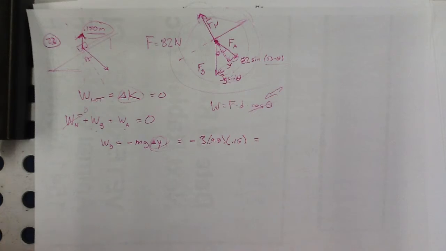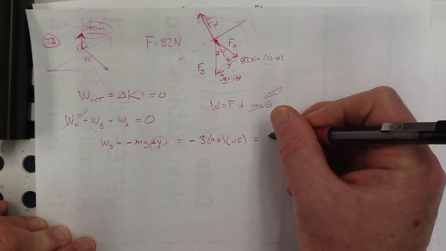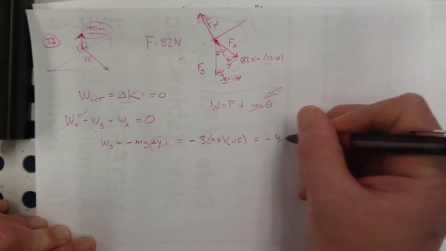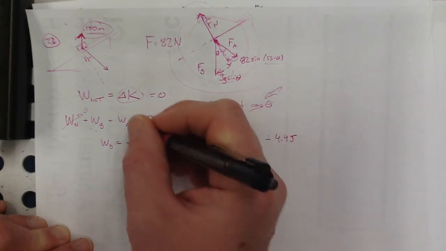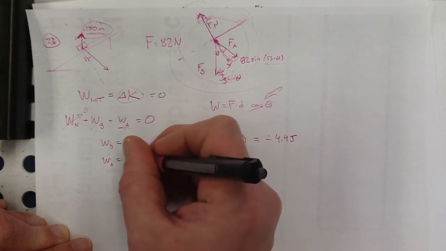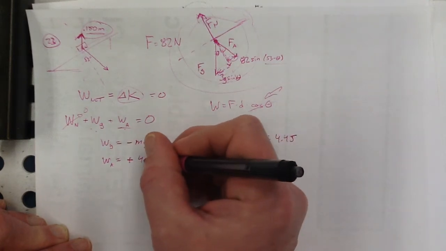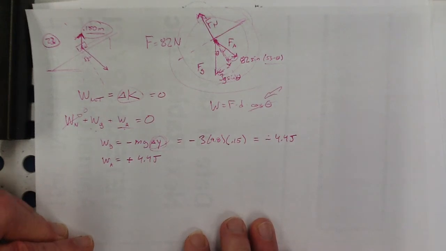I feel like I snatched victory from the jaws of defeat here. Feeling pretty good. I was on the ropes, but we got back up again. Okay, so that's negative 4.4 joules. So that means the work done by the applied force is positive 4.4 joules. So that was way easier than